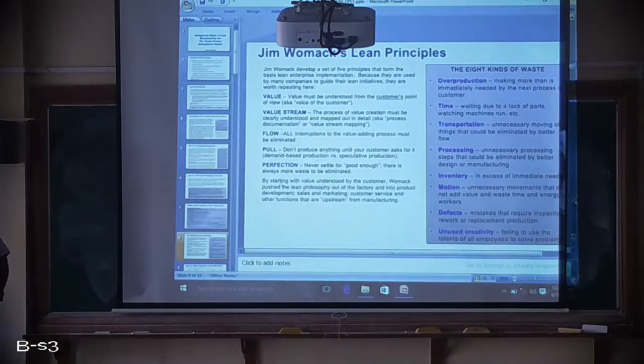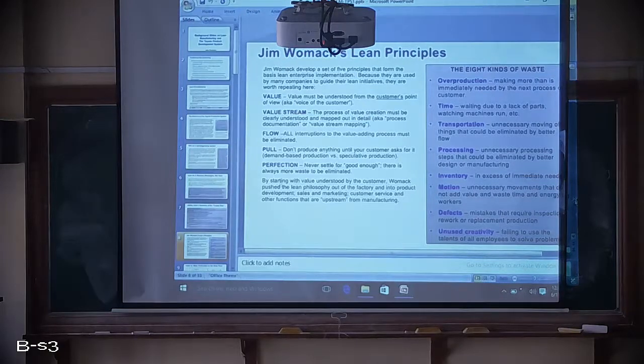So he has given some principles. Those things I won't cover now, because I have already told you several times about waste during my lecture. So I'm going to talk only about the Lean principles. OMAC developed a set of 5 principles that form the basis for Lean implementation. Because they are used by many companies to guide their Lean initiative, they are worth repeating here. Remember, these principles are commonly adopted by many organizations as a Lean initiative to implement